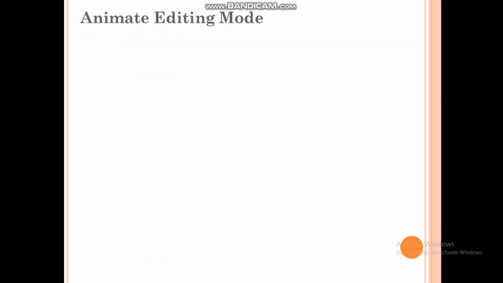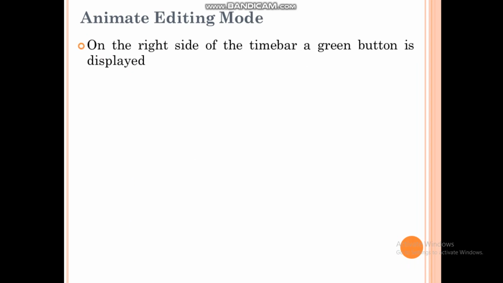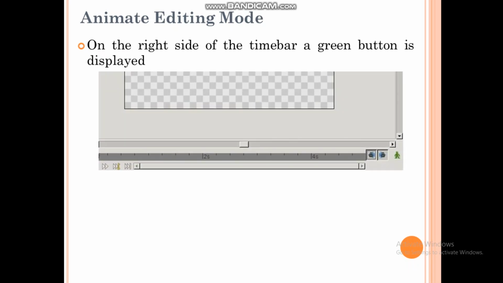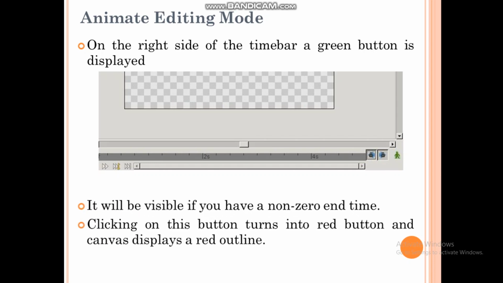Now animate editing mode button. On the right side of the time bar, a green button is displayed. So you can see a small image is given at the bottom right corner. That green symbol is known as animate editing mode. It will be visible if you have non-zero end time.